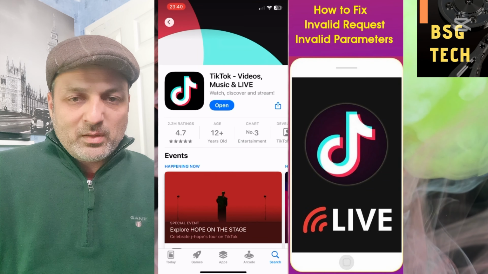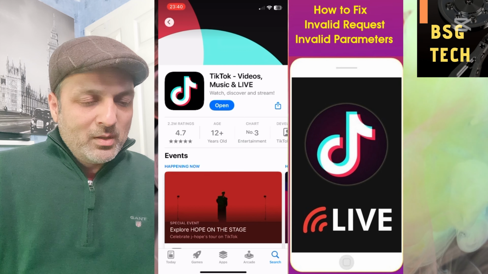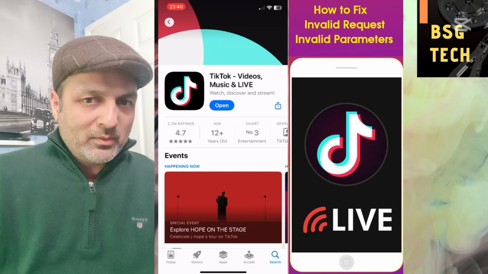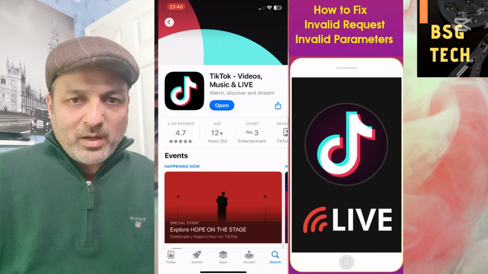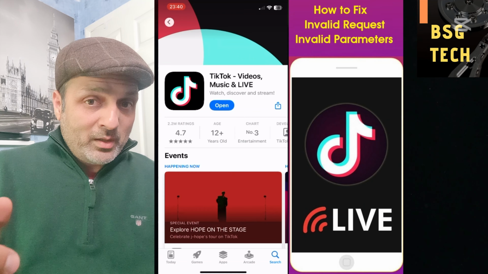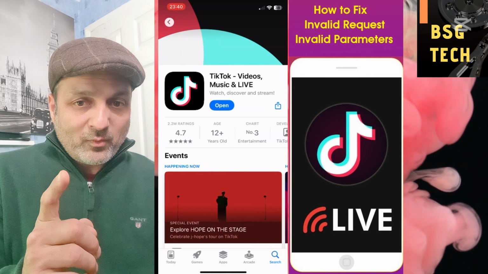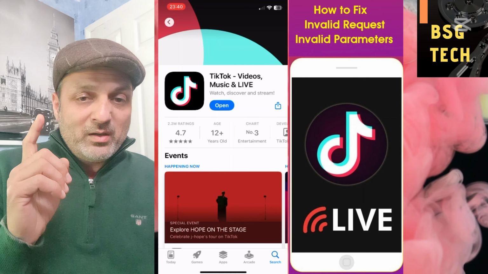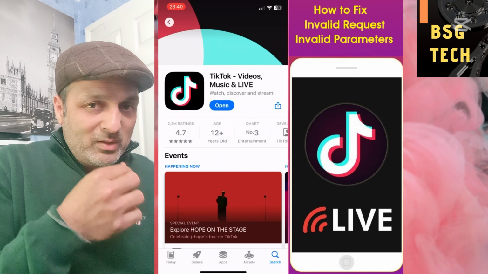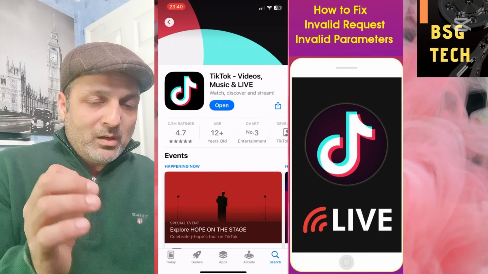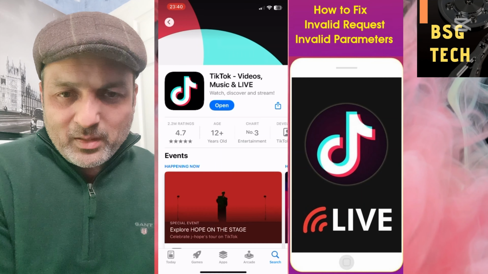Second thing is the device is running into battery and storage problems. The device is heating up, the hardware is not accelerating, and it's not communicating with the server right. Sometimes the app is down. But in my case, one of the 100% solutions which I found for the invalid request, we're talking about invalid request, invalid param errors, so these kinds of request glitches which you will see when you go live,